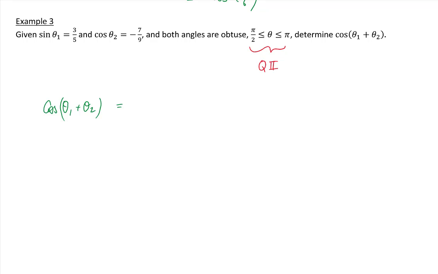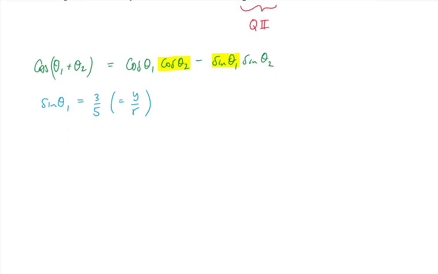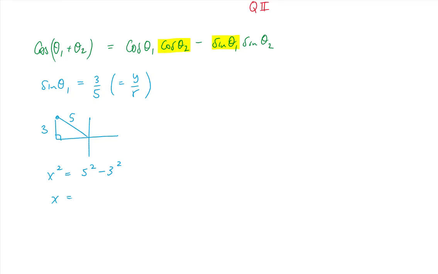So cosine of theta 1 plus theta 2. So we go to our compound angle formula. So we have cosine theta 1, cosine theta 2, minus sine of theta 1, sine of theta 2. Right now, all we know is cosine of theta 2 and sine of theta 1. So how do we get the other two ratios? So let's start with sine of theta 1. So sine of theta 1 is equal to 3 over 5, which is equal to the y over r. So if I want to find the x value for this using Pythagorean theorem, I see that x squared is equal to 5 squared minus 3 squared. If we solve for x, we get a value of plus or minus 4. But since we're in quadrant number 2,